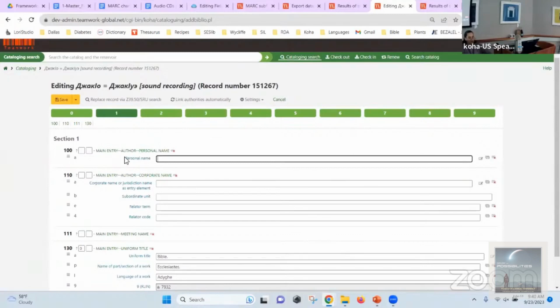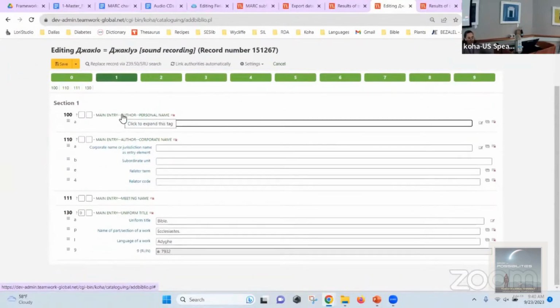Some of my frameworks, like the 100 field is open, but the 110, 111, and 130 are all collapsed. Because you need access to them, but how often do you put a meeting name for a book? Or how often do you have a uniform title in a book? Not